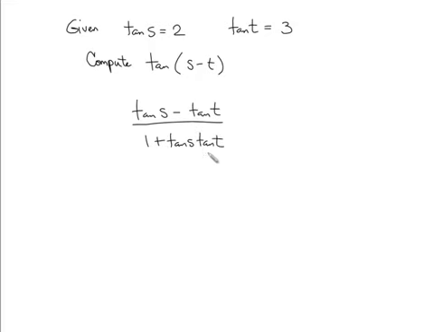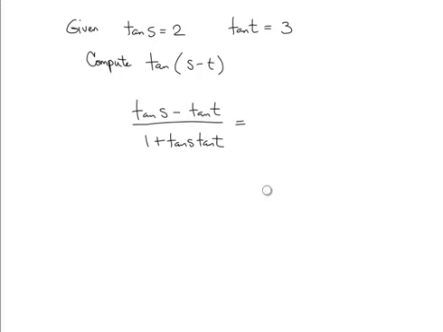Now, here's where people mess up. They see tangent s equals 2, and so what do they do? They make it tangent of 2 and then tangent of 3. This is not okay, guys. Put a little tear on him. Why? Because that is saying that s is equal to 2 and t is equal to 3, but that's not what the original information said. It said that tangent of angle s is equal to 2. So what this should be